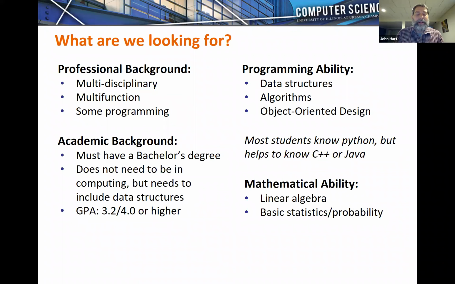In order to apply and be admitted, students will have to have a bachelor's degree, but that bachelor's degree does not need to be in computing. But if you do have a bachelor's degree that's not in computer science, computer engineering, or some computing related area, we need to make sure you have the right prerequisites. And those prerequisites include a course on data structures, which is usually a second or third semester course in computer science after you learn to program.